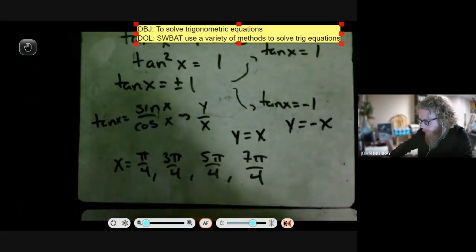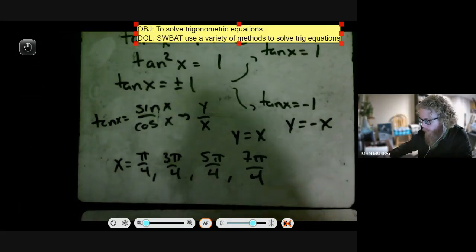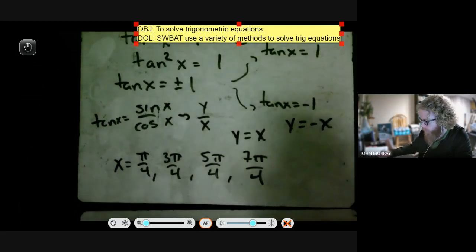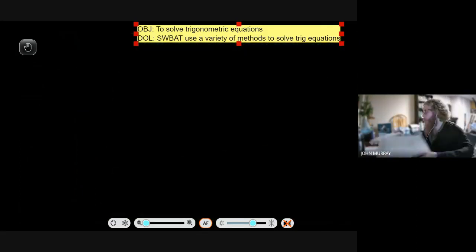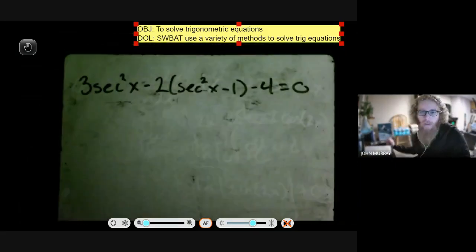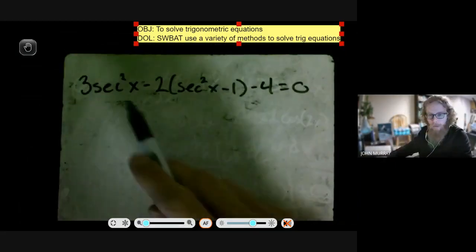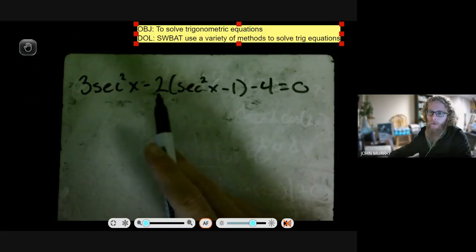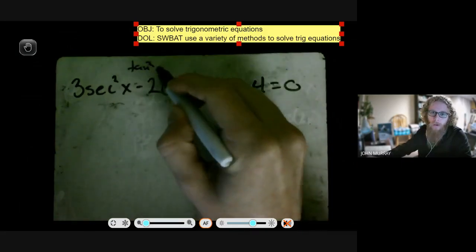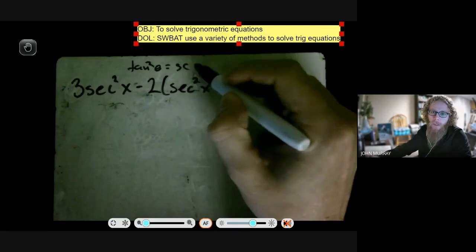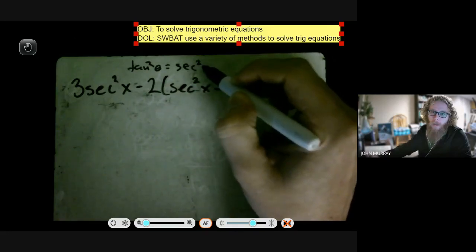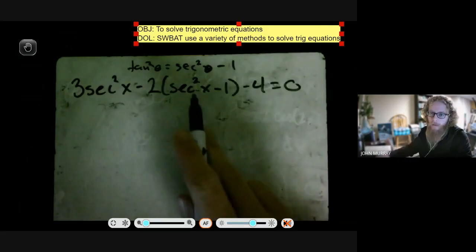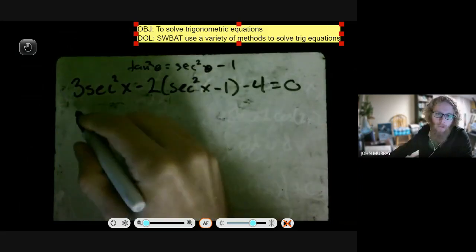So then let's rewrite this. What I did here was, instead of substituting in 4 secant, I substituted in 4 tangent. Our rule was tangent squared equals secant squared minus 1, so that's what I put there instead. If we do it this way,